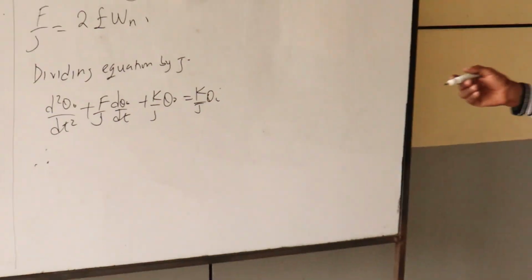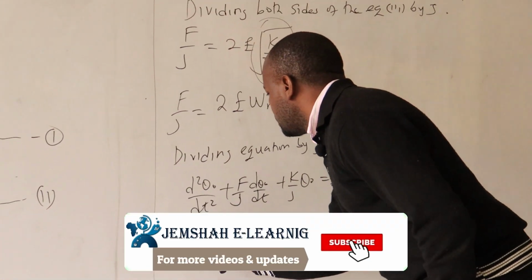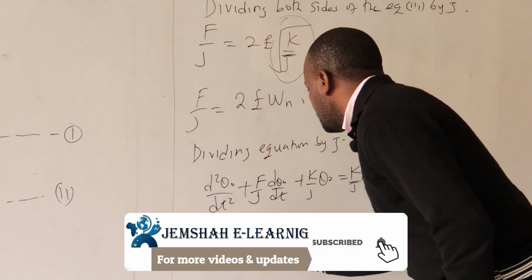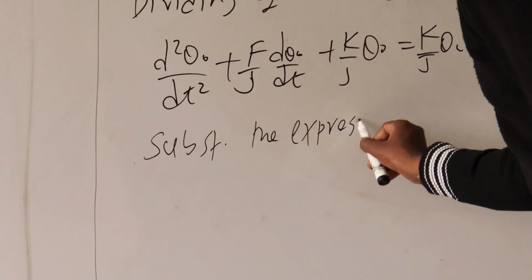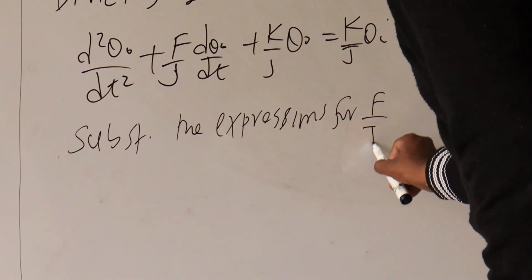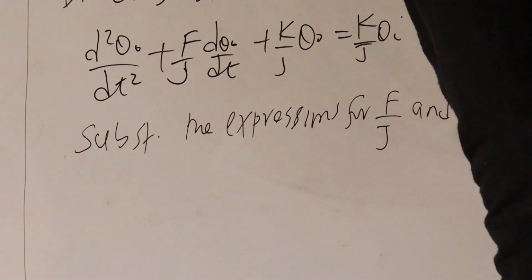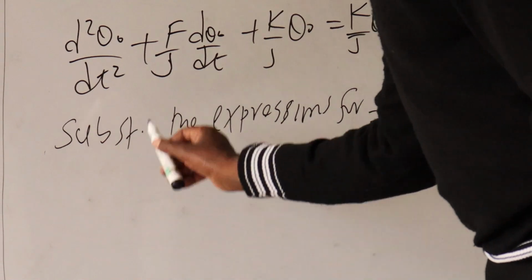So if we now substitute the expressions for F over J and K over J, we can simply say that the equation will be,